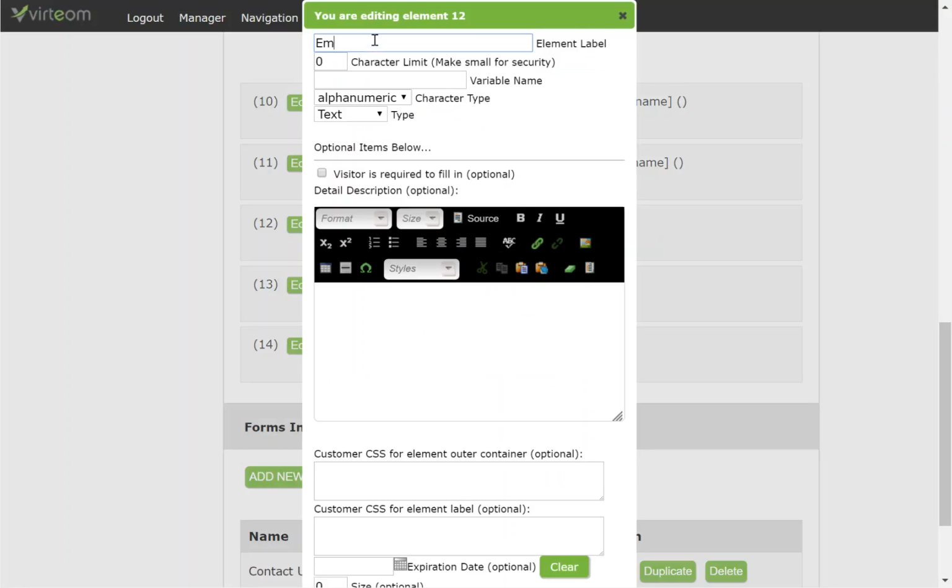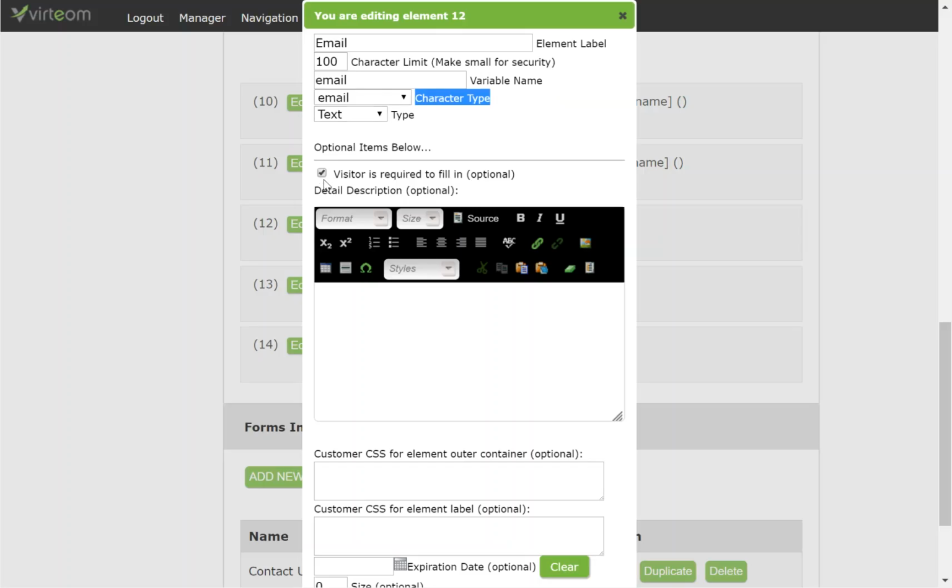This will be the email address. Now, email is important. This is something that you should try to always remember. In our system, you have to select email in here for the character type, because what we do is we validate the email. Now the thing that's important is if you go to test your form, you do not select this, it won't actually submit, because we don't allow a form to submit unless there is a valid email. So make sure when you do the email that you actually put in the character type as email,